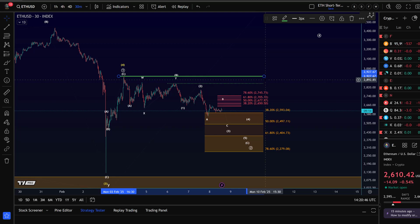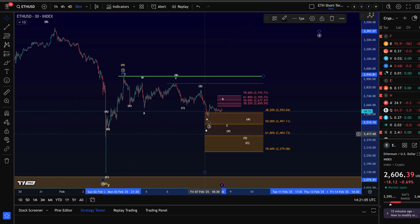For now I don't see anything directly bullish really, because we're below initial resistance, which I added to the chart today. That's for an internal B wave bounce in this third wave down. So from a short-term bullish point of view, there isn't even a count. All I would say is, maybe this wave 2 can certainly form a low at any point. However, it would then look incomplete somewhat, or would at least be some kind of a WXY structure. It's possible, but for now it doesn't look like it, and it seems likely that the market will test at least